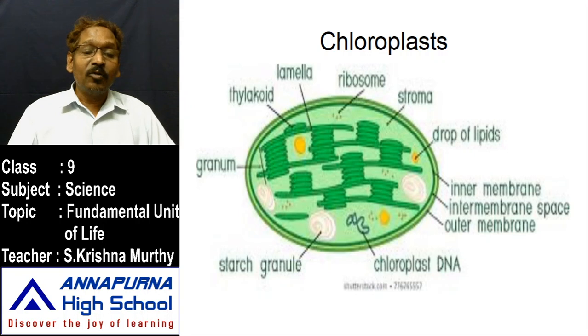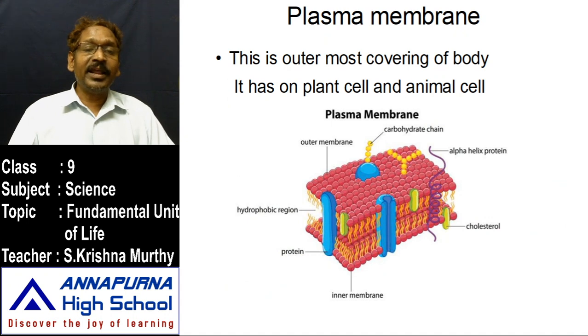This is the outer membrane, the cell wall. Chloroplasts are present in plant cells only. The cell wall is another part of the plant cell. Beneath the cell wall, there is another important layer. This layer is present in all cells of plants and animals. Animal cells contain this membrane, and plant cells also contain this membrane. Unicellular bacteria, eubacteria, archaebacteria, amoeba, paramecium, everyone from microbe to man, every organism is enclosed with this plasma membrane. It is known as the plasma membrane.